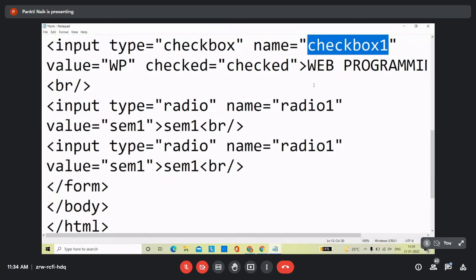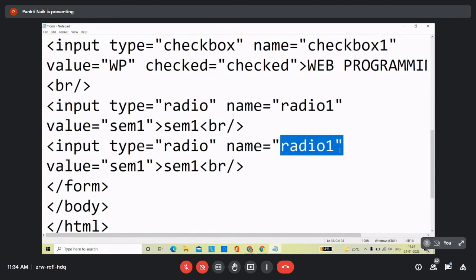But with the use of radio button, right, radio button component only allows user to select one option at a time, right? So either this or this or this, right? So whenever you want to set multiple radio buttons in your form, for the same group, at that time give same name to all the radio buttons of the same group, right? So here for second radio button also name must be radio 1 only,